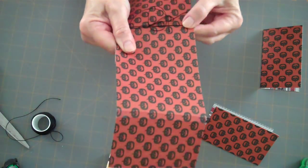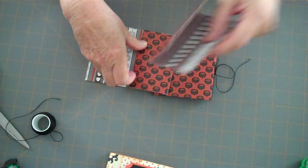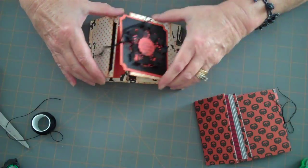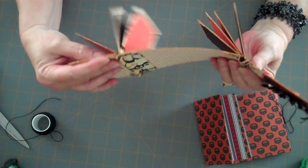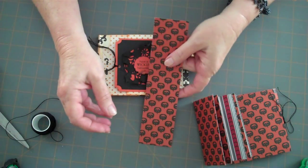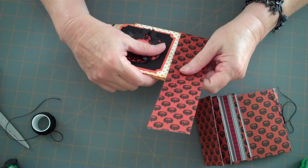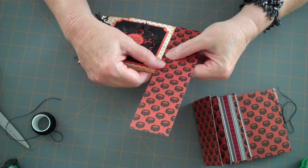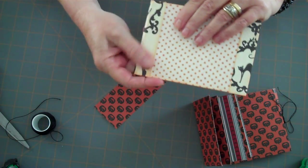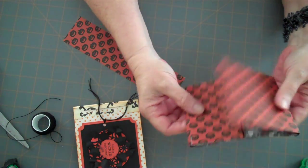Now, what I did on this other one, I think you get the idea. We're going to do the same thing over here. Tie these on here. But let me show you what I did on this one too. Just something else to think about is this is all put together the same way, but these pieces that I had left over, I think it's a 2 by 8 strip. It is the perfect size to cut it in half to make it 2 by 4s, and you can cover your spine area like I did on this one. You can't see where I have the threads because I created a little spine to cover it up, but you don't have to do that. I wanted to show you both